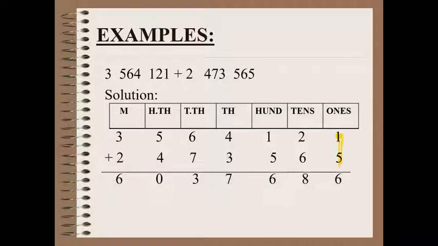So for addition, you should only keep two things in your mind. First, writing the numbers vertically carefully, and the other one is that you should start doing the addition from the ones column.